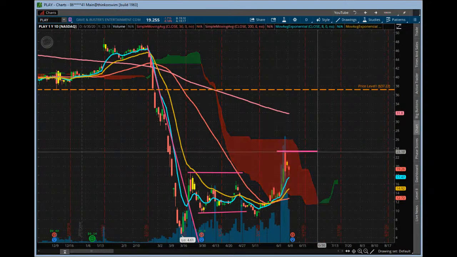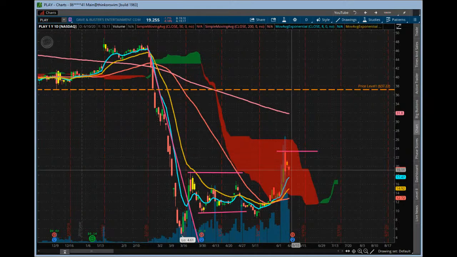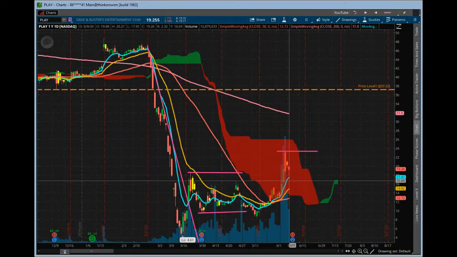I mean, no real reason. There was some selling pressure in this area right here, but it's kind of consolidating nicely. It's holding the 80 MA. It does have earnings coming up pretty soon, so let's just see how it holds on that one.